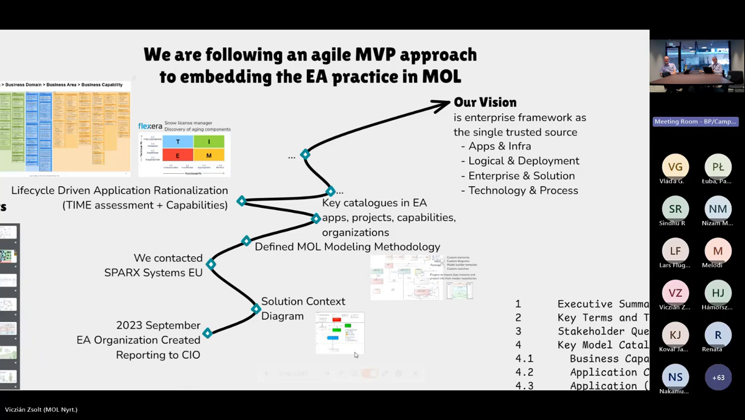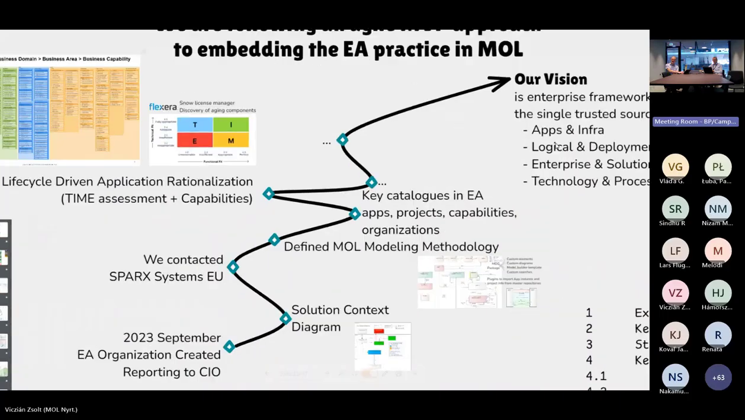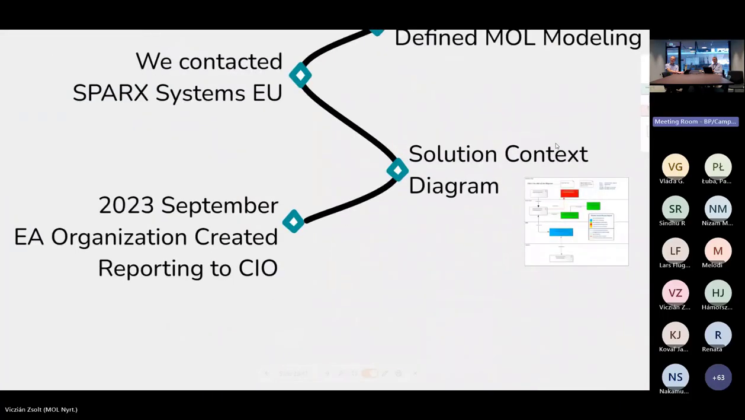And so this is the journey that we went through. You can see in September 2023, the organization was created, and there's our vision. So let me just take you through this vision. So the first thing we did